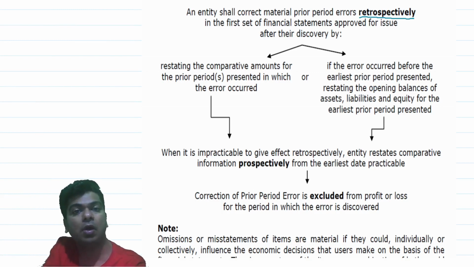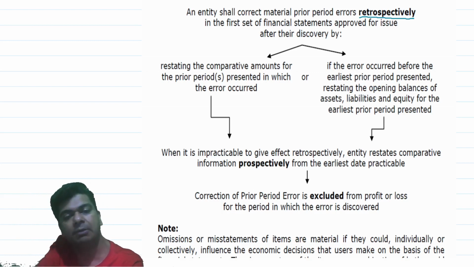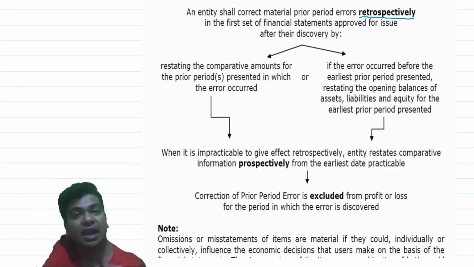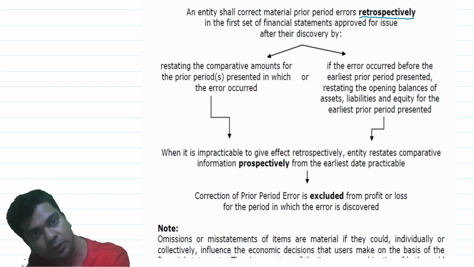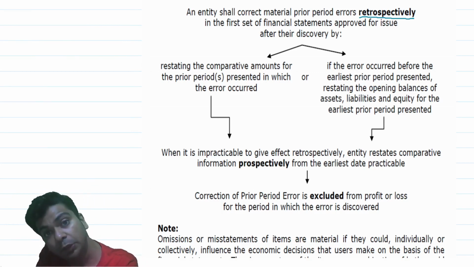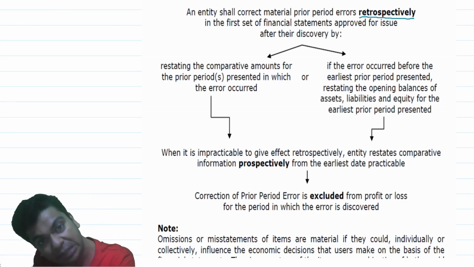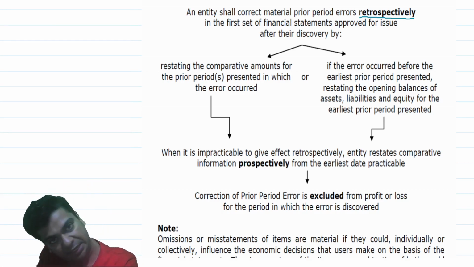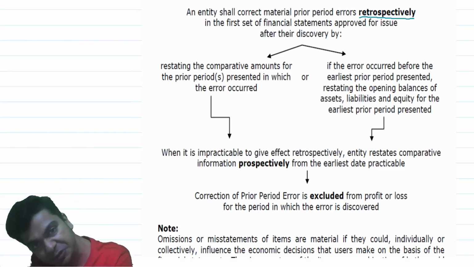Last year you did not record 10,000 rupees of expense. That means last year you overstated the profit by 10,000. Now this 10,000 of the last year you are debiting in the current year. That means you are understating the profit of current year by 10,000. In order to rectify the mistake of the previous year, you are ensuring that the profit of the current year is also incorrect. That's what you do in AS5, isn't it? Accounting Standard 5 gives you a treatment, the end outcome of which is that neither the current year profit nor the prior period profits are correct. Everything is wrong. This is what is happening.